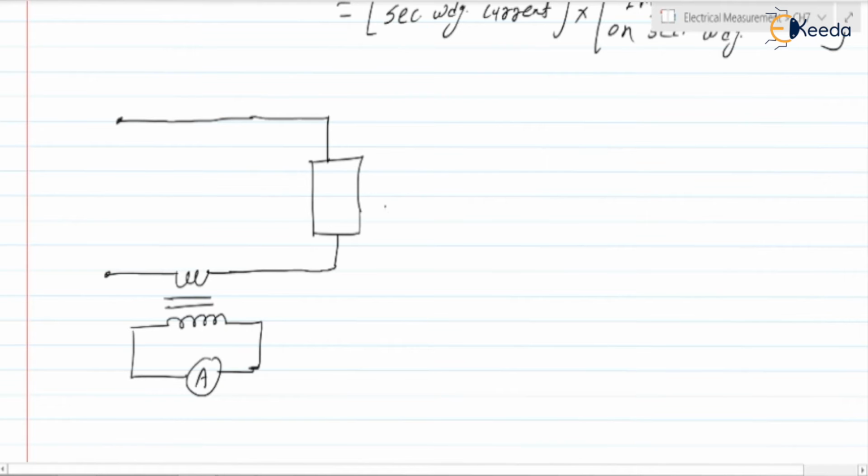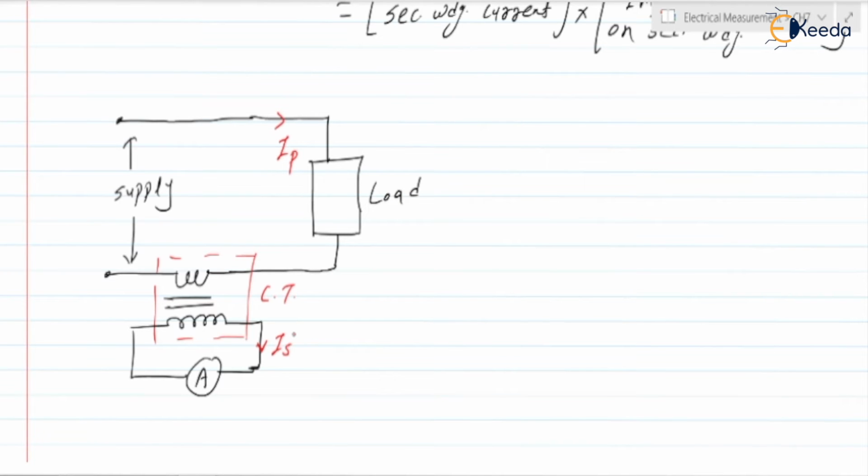So this is the load. Here we have the supply, and here it is a CT, current transformer. As this is a transformer, consider this current as IP and this current as IS. In order to find the relationships, that is the phase angle between the various phasors and the magnitudes of various phasors,